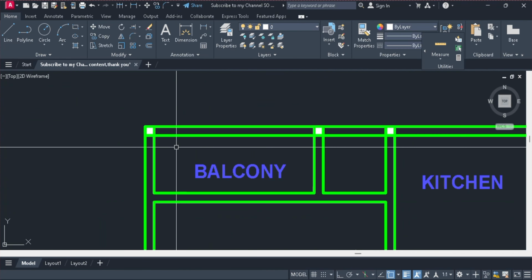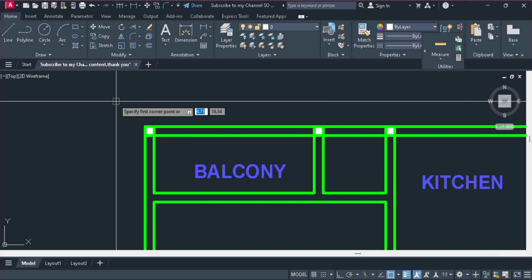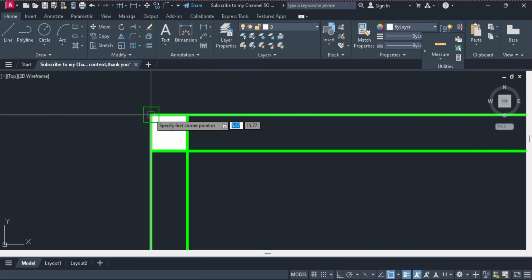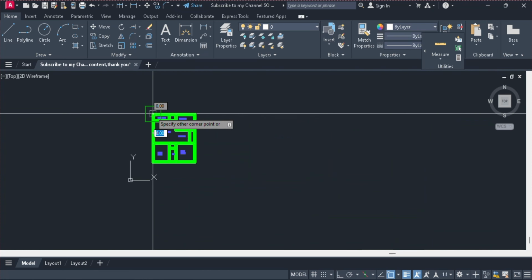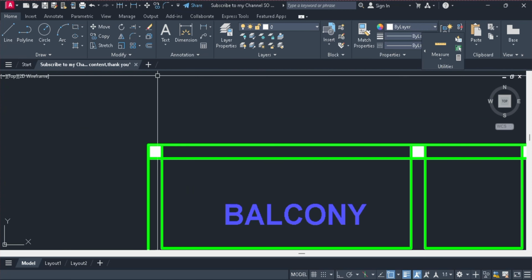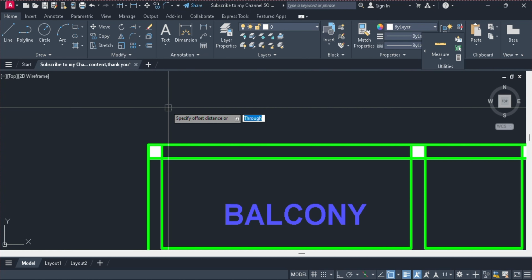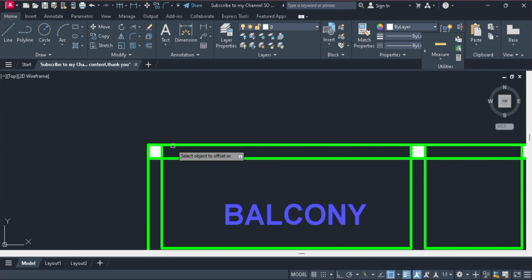Done putting your columns, we can place our axis line, and to be able to do that, you click on the rectangle command here, or you type in rectangle on your keyboard. You're going to choose the insertion point, which is the first place here, and since our structure is rectangular, we're going to look for the last point here. What you're going to do is navigate to your home tab and click on your offset command, which is this. Then you're going to press enter. You're going to select the object which you want to offset, which is the line you have just drawn, and